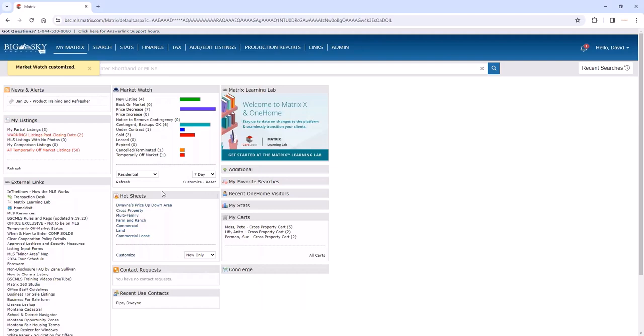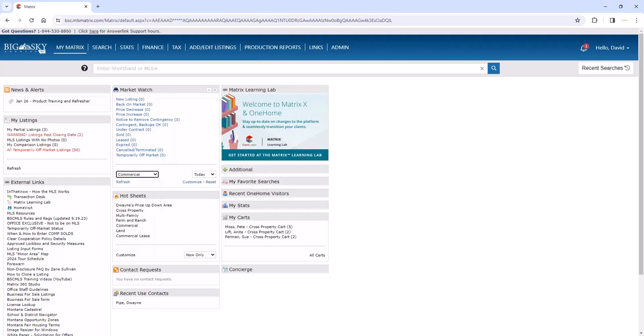And now what I'm looking at, because this has been customized, you can see that here, it's been customized to my market so that when I log into Matrix, I can see the activity for my specific market. So I come in and I say, oh, well, this is the activity for today, which doesn't look like a lot. So let's say maybe I want to try a different